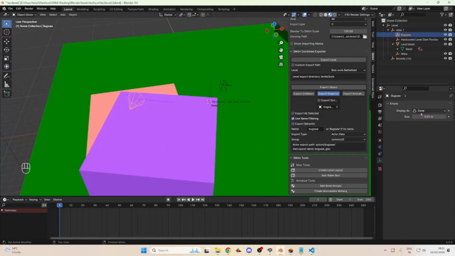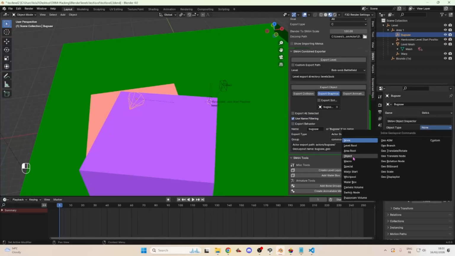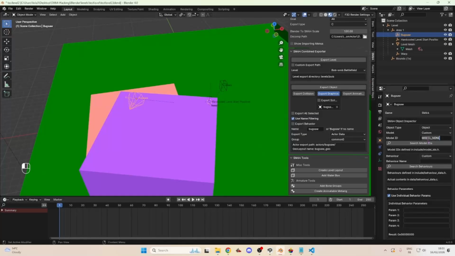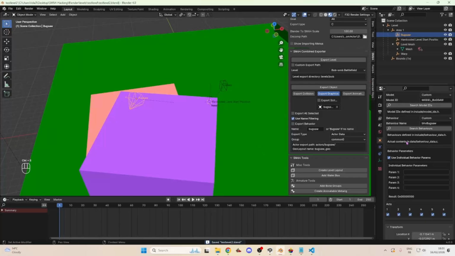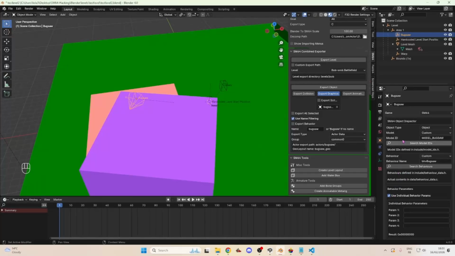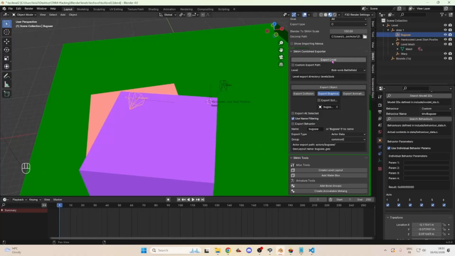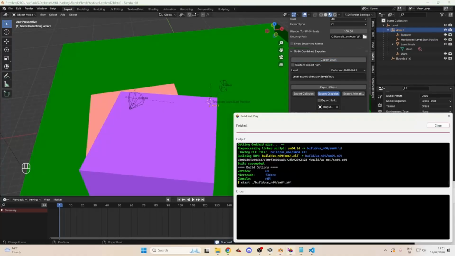Okay, so now if we go here, object type actor, well, actor is an object, model behavior name will be bug saw, model will be model bug saw. Alright, we don't need any parameters. And that's about it. Now if we export it and play,